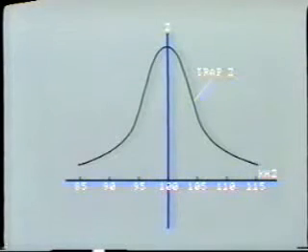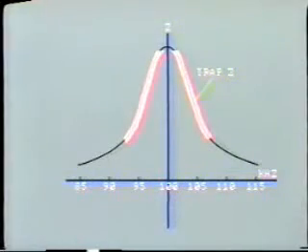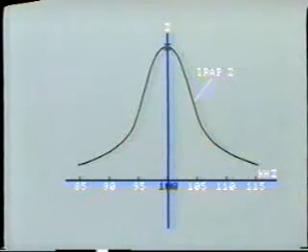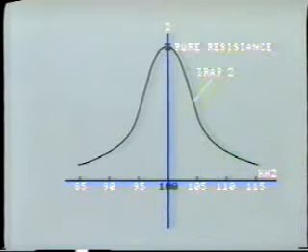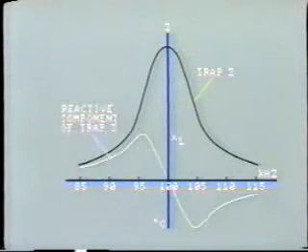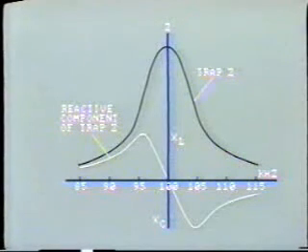If we plot the impedance against frequency, the curve looks like this. The value of impedance falls off sharply as frequency moves away from the designed resonant frequency. At the resonant frequency, the inductive and capacitive reactances cancel out, so that the characteristic is that of a resistance. However, as soon as the frequency is changed, as is often the case in carrier operation, the perfect parallel resonance